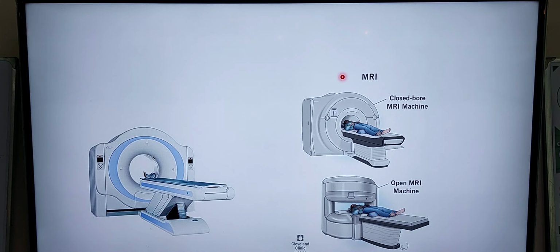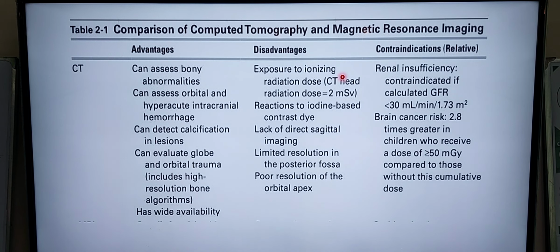So the picture on the left is a CT scan machine and the picture on the right is an MRI machine. It is of two types, closed bore MRI machine and open MRI machine. If we compare CT scan and MRI, the advantages of CT scan are